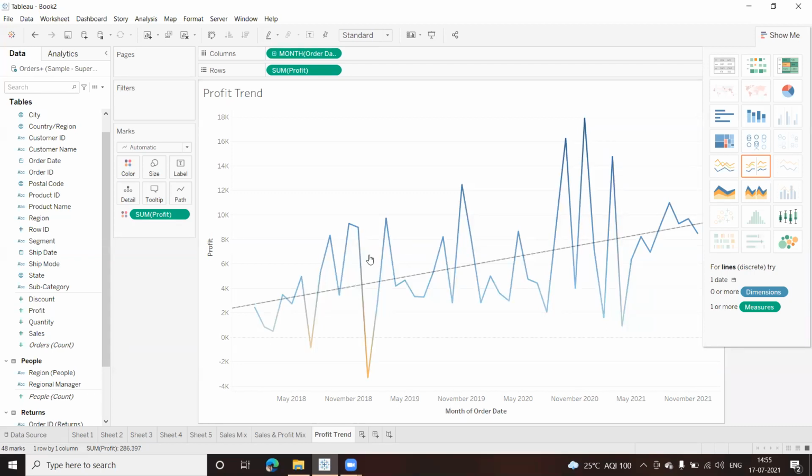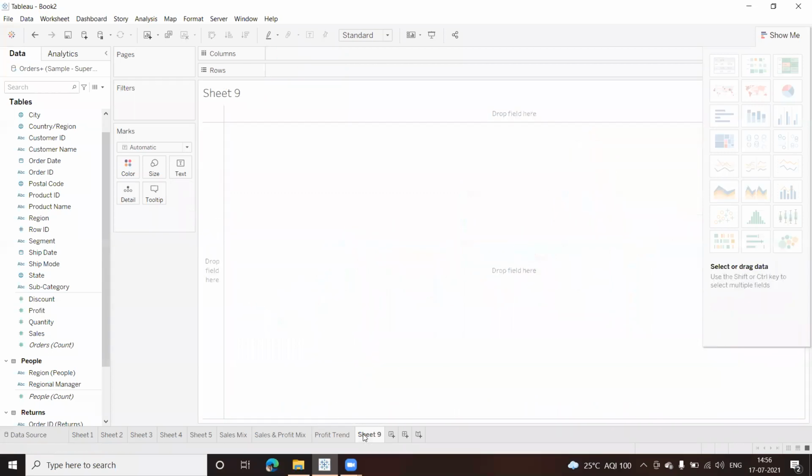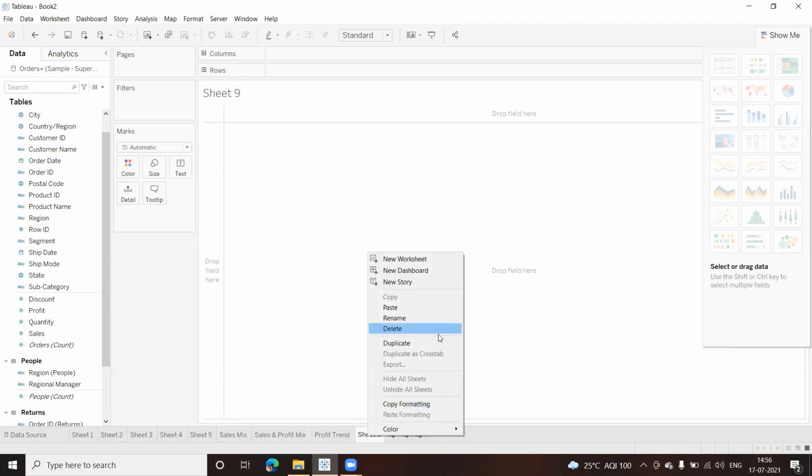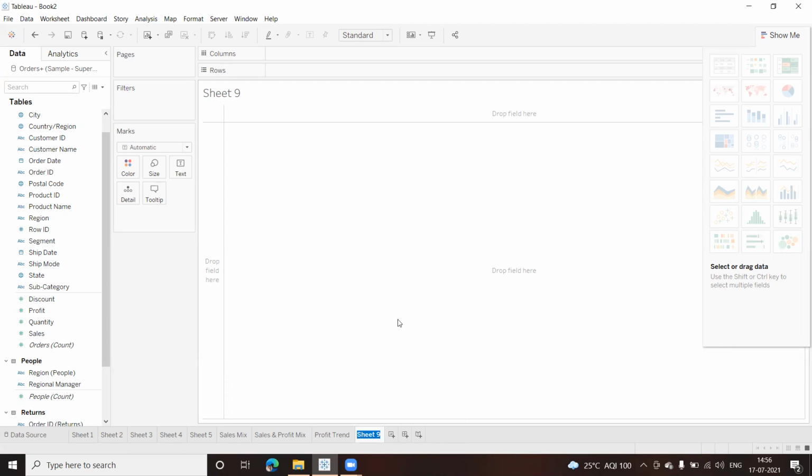This is my third chart because I want to create a dashboard here. So I'll go another one. This time, I want the orders and the profit, but I want the value. I don't want to see the trend. I want the profit values. What is the value? So what I'll do is I'll rename this profit values.